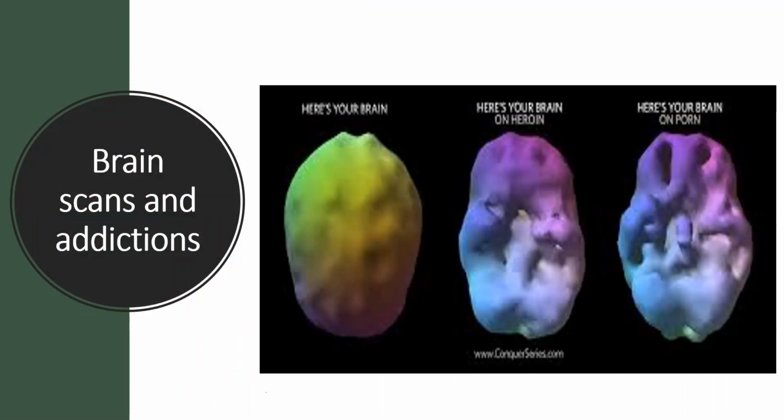Now here we can see some brain scans of a normal brain over on the left, and then in the middle, the brain on heroin, over on the right, the brain on porn. But again, with what I'm going to share with you through this program, the brain circuitry can rewire, can heal, can reestablish itself, and we can regain health. Of course, the sooner we do this, the better. It's never too late, but the sooner we do it, the better off we are.